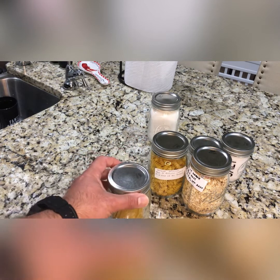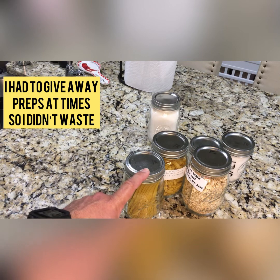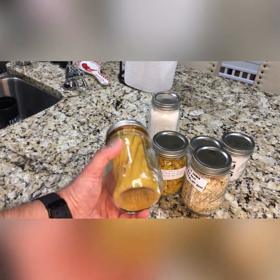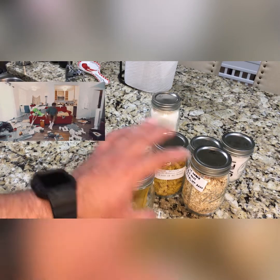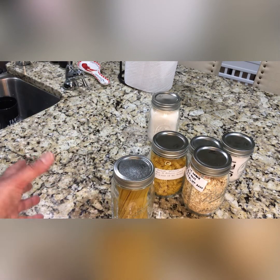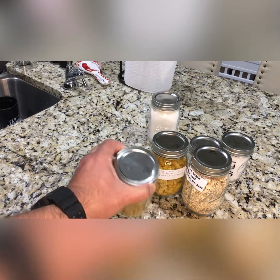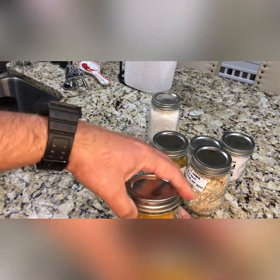And even though I don't need the rings, I leave them there because the moving crew doesn't necessarily understand what canning is, and they may treat the product harshly and it may bust the seal. So if it busts the seal, I'm going to have tomato sauce or God knows what all over my moved goods. I want to be sure these are secure, so if the seal fails, at least it has the ring as a backup. Normally you don't need to do it,